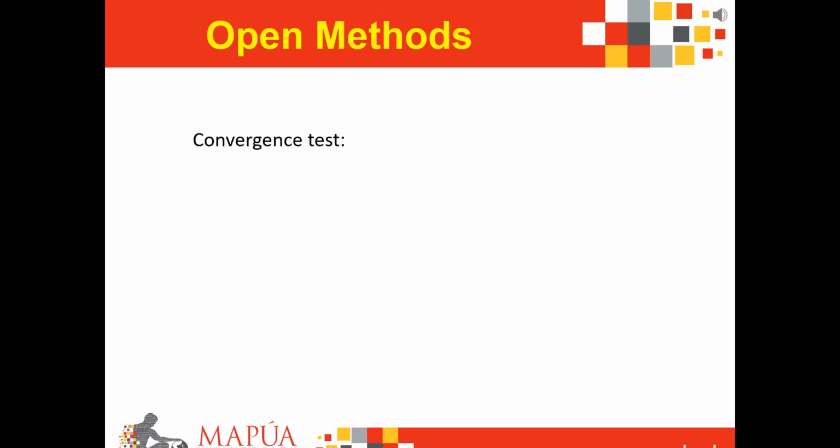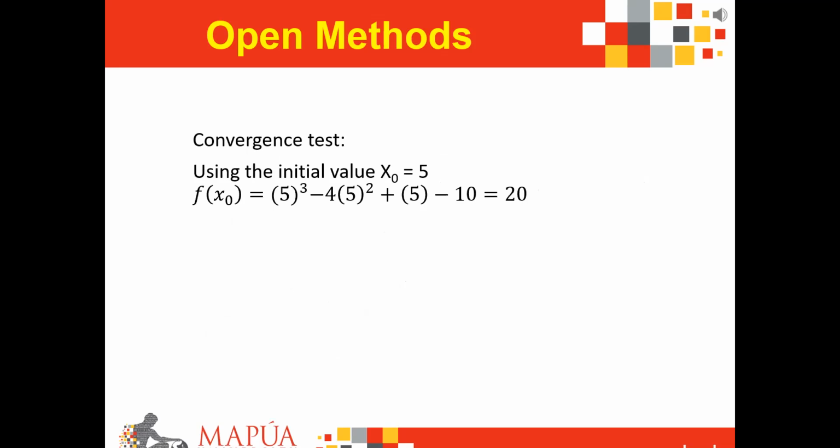Applying then the convergence test, using the initial value x0 equal to 5, we then substitute that to your respective function, giving us this solution with a value of 20. We then likewise substitute your x0 equal to 5 to your first derivative that gives us this solution with a value of 36, and substituting your x0 to your second derivative gives us this solution, leaving us with a value